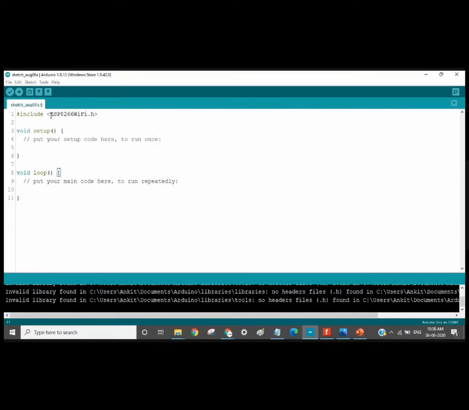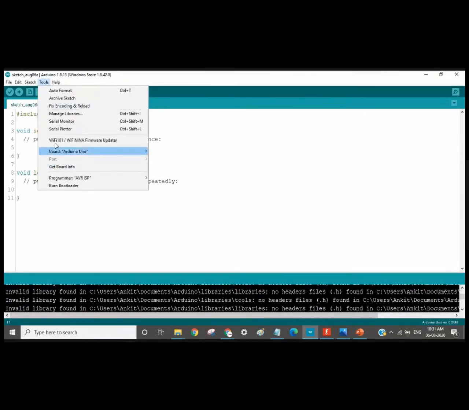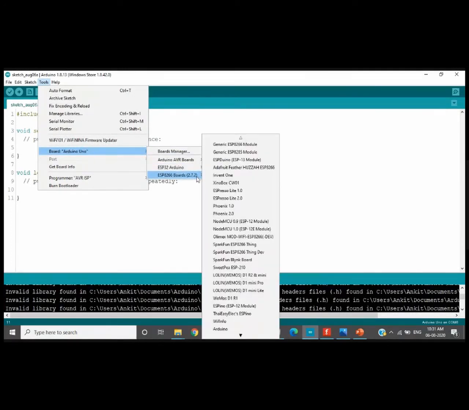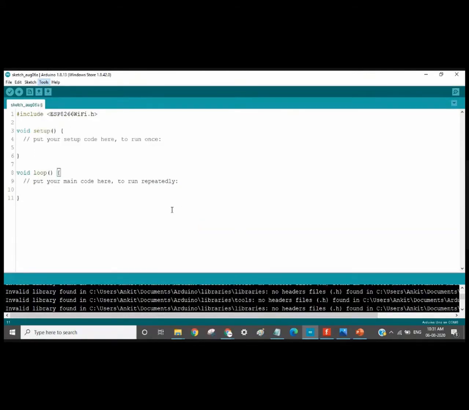See, here you can see that it is not colored, right? That means the board is not selected properly. Here we can see that Arduino Uno is selected right now. So first of all, we'll change the board. We'll go to the board, then in ESP8266, we will navigate to our Node MCU 1.0, that is ESP12 module. Okay. So now we will be clicking on this. Now here you can see that the board will be selected in a few seconds or a few minutes. It will take some time.